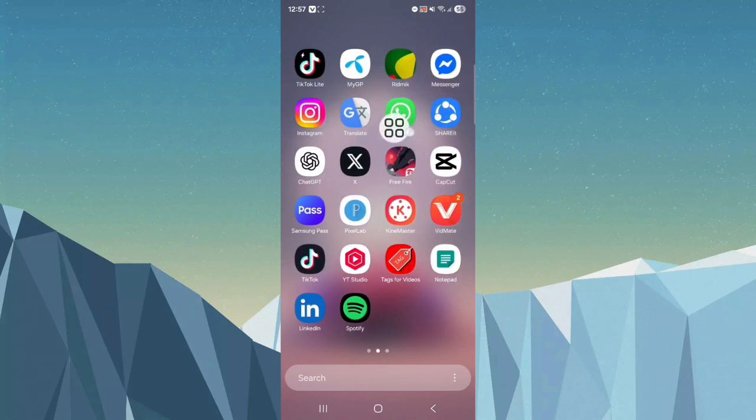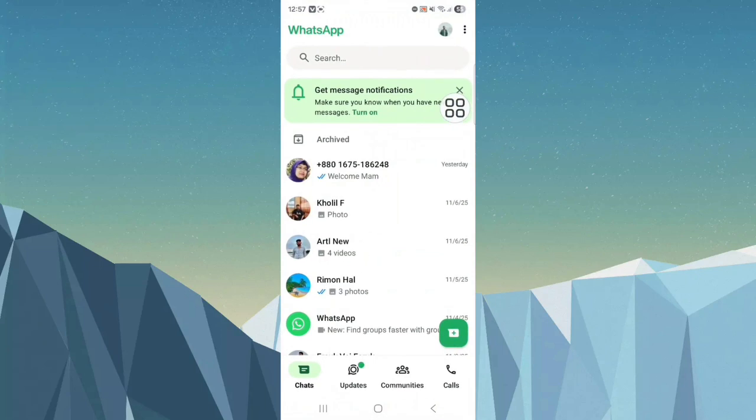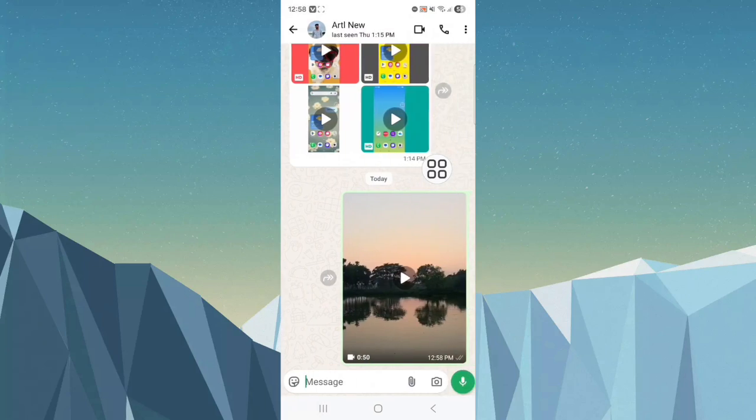Now go to your WhatsApp. Tap on this. Hopefully your problem is solved